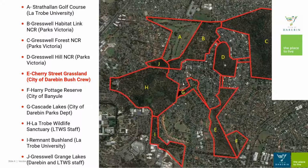So the major reserves there are Greswell Hill, Greswell Habitat Link, Greswell Forest, the Latrobe Wildlife Sanctuary, and Cherry Street Grassland. And there are a whole lot of little links in between. Unfortunately, some of those reserves are cut off by cyclone wire fences, so there's not movement from large macropods through all of it. So kangaroos can't really move through the whole system, but there are kangaroos in the Wildlife Sanctuary